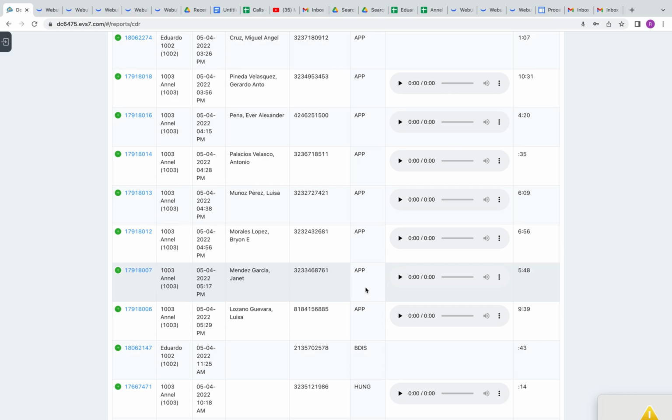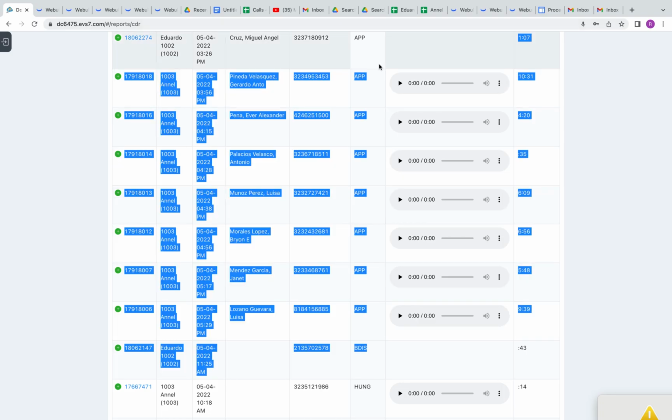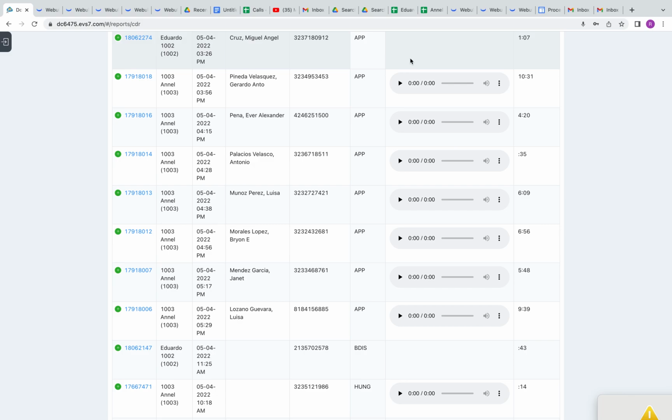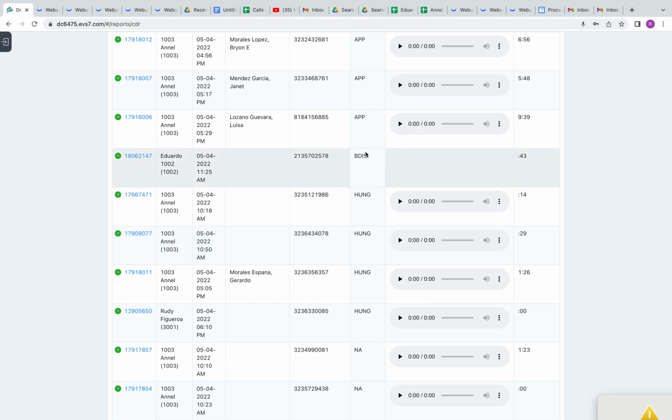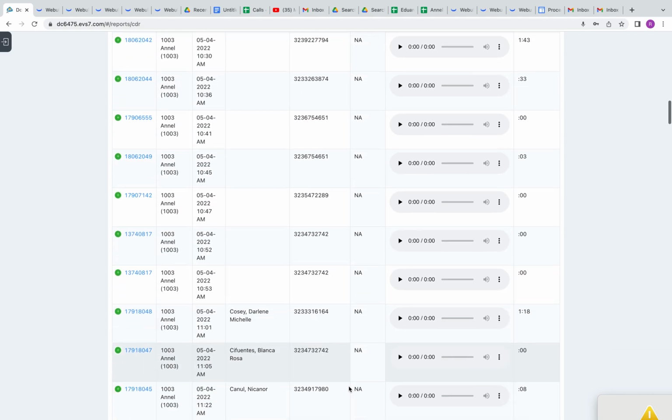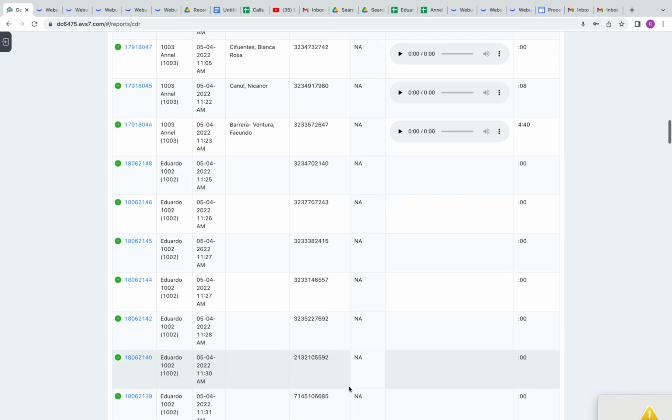Once again, it allows us to determine the outcome of every single call. Regardless, we could still listen to the call and look into it. We're going to audit the Hawksoft, the master log, the appointment log. But once again, it's very important to choose the actual disposition. This one, the BDIS, that's the busy disconnected line, no dial, for example. Busy, disconnected, no dial. Once again, it's very important to make sure that we're choosing the right disposition.